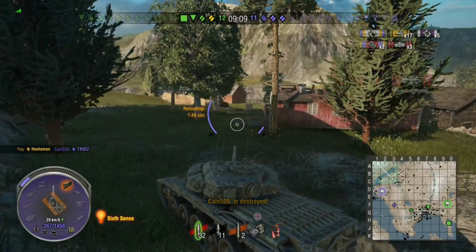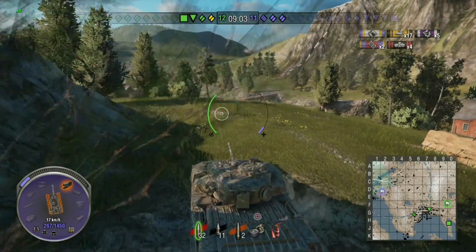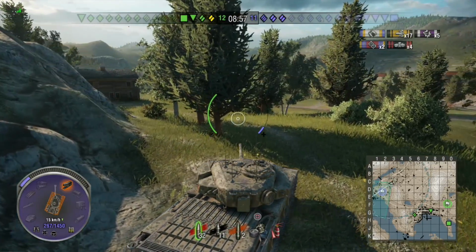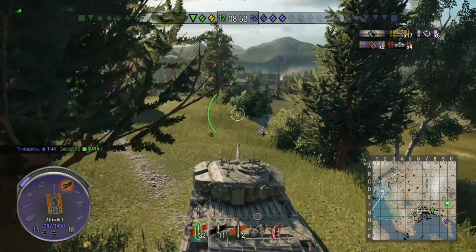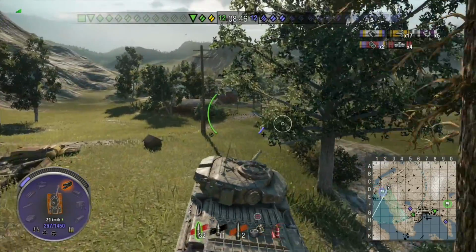But yeah, I don't know. I am very, very on the fence. Like I say, I like the Centurions, but I kind of don't see the point in this because it is just a reskin of a Centurion 1. So, I don't know. Yeah, I really don't know. I just, like I said, kind of don't see the point in it, and it's